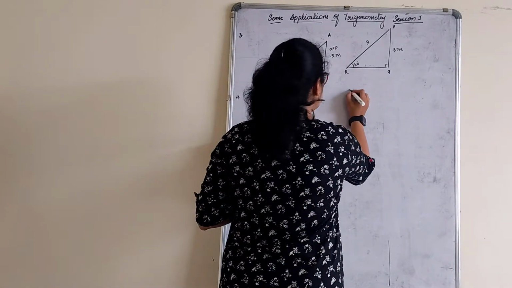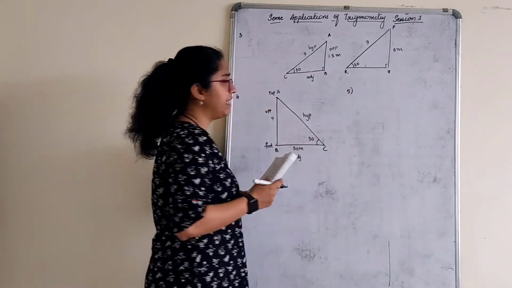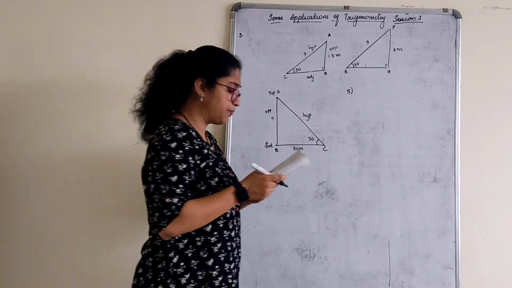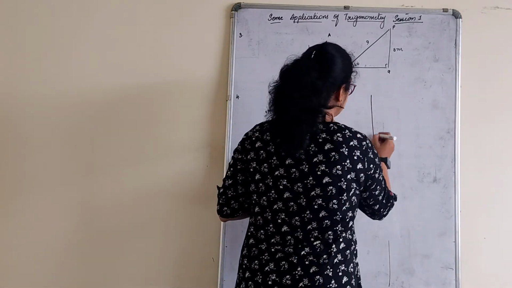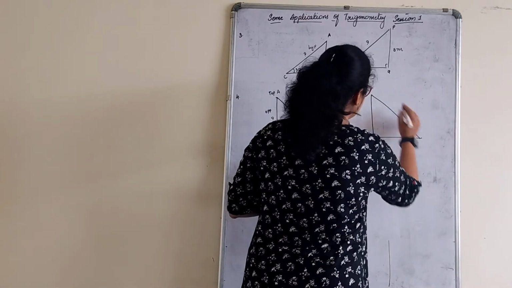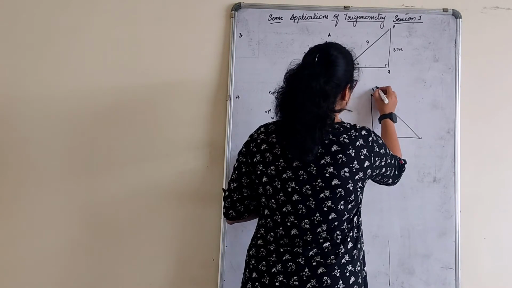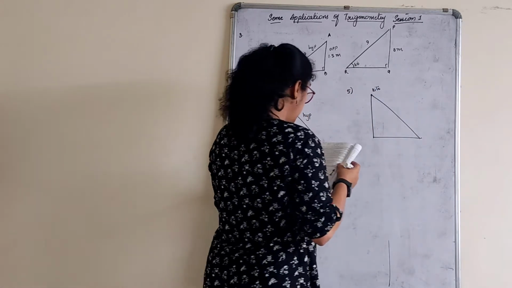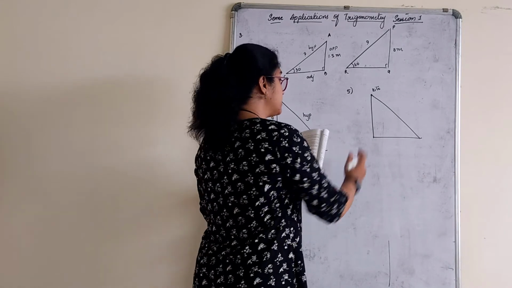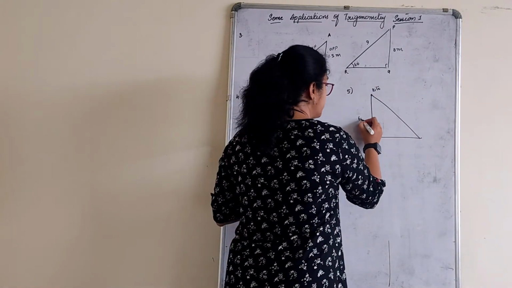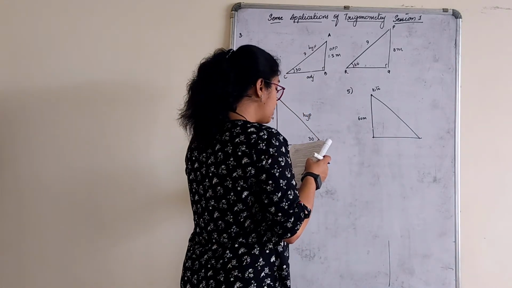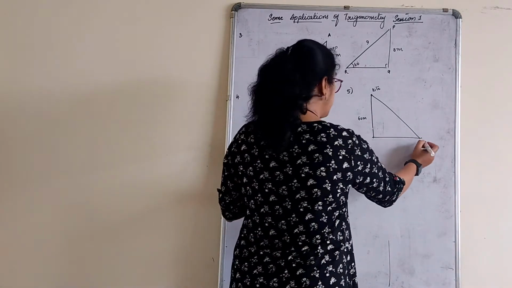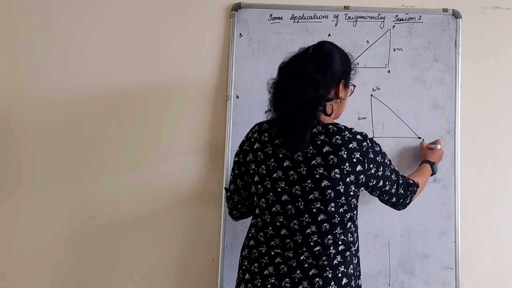One more I'll give you. Same, these simple figures what are there, I'll be marking. Remaining I'll solve now. A kite is flying. So whenever we talk about a kite, this should be the figure. A kite is flying, so this is the top of the kite. A kite is flying at the height of 60 meter above the ground. With respect to this, it is flying 60 meter above the ground. The string attached to the kite is temporarily tied to the ground here. This is ground.